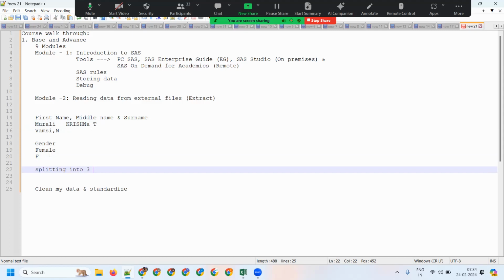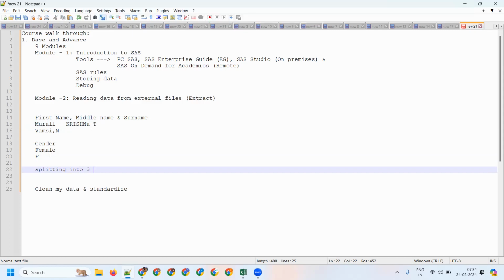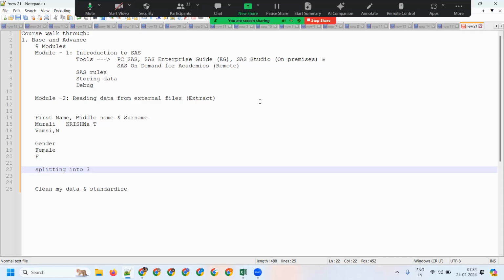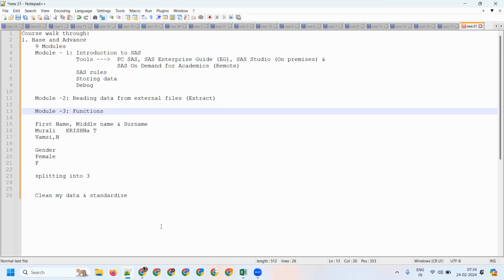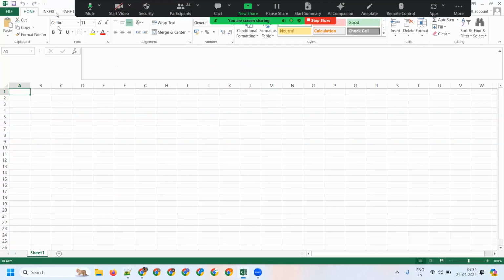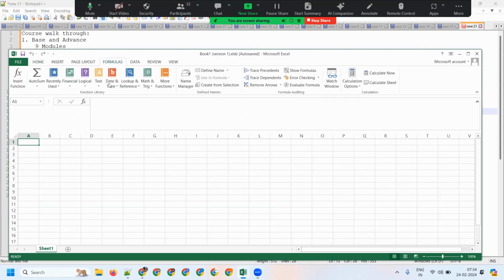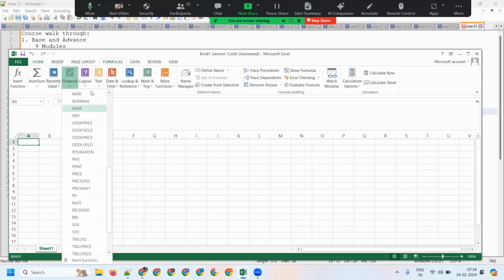So whether I'm cleaning the data, splitting the data, or combining the data, I mean combining variables, all these kinds of things will be done with the help of functions. SAS is very rich in functions. In Excel also you have a lot of functions. If you go to Excel, to the formulas, you can see financial functions,